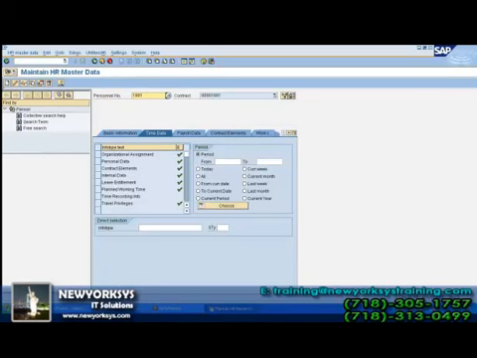We delimit the data. In some cases, an employee joins the company and resigns, and there are chances that after 2 or 3 years he may come back with some queries. Oh, I need to get some pension benefits, some tax benefits. There are chances, maybe after 1 month or 2 months. So you don't delete the data, you just delimit the data.